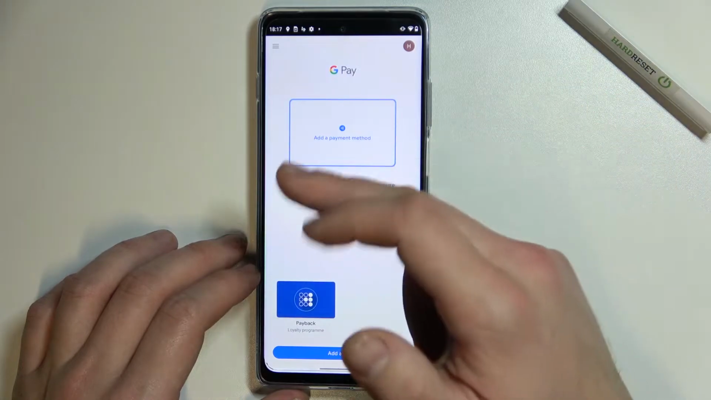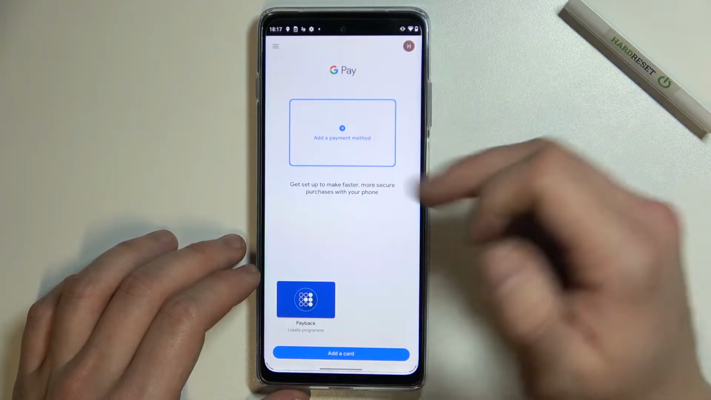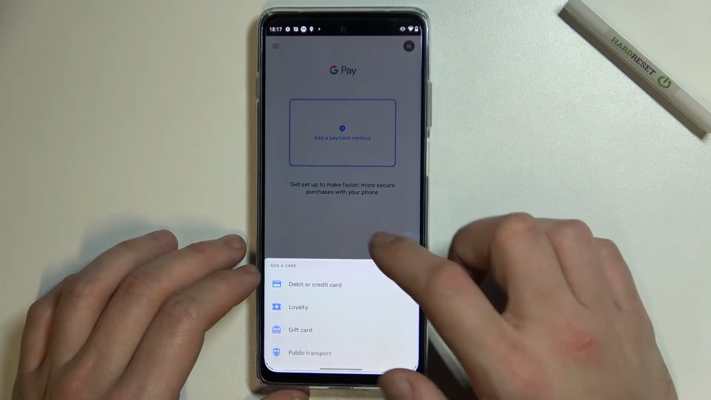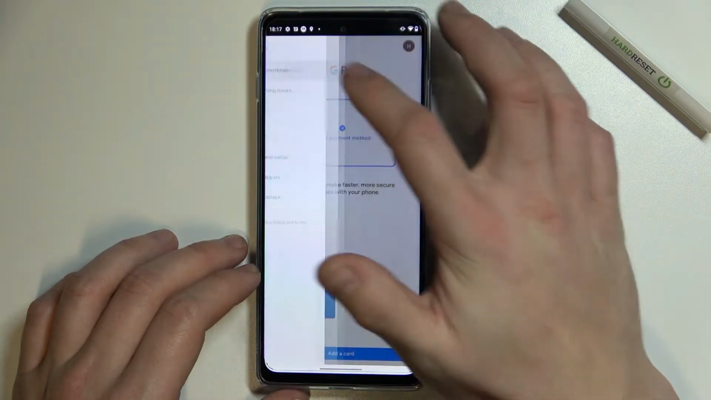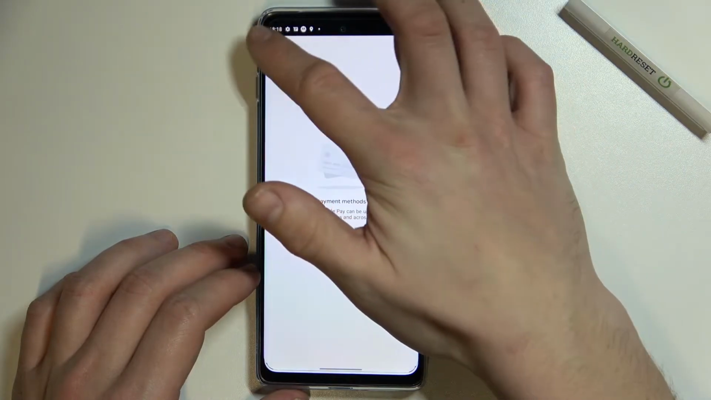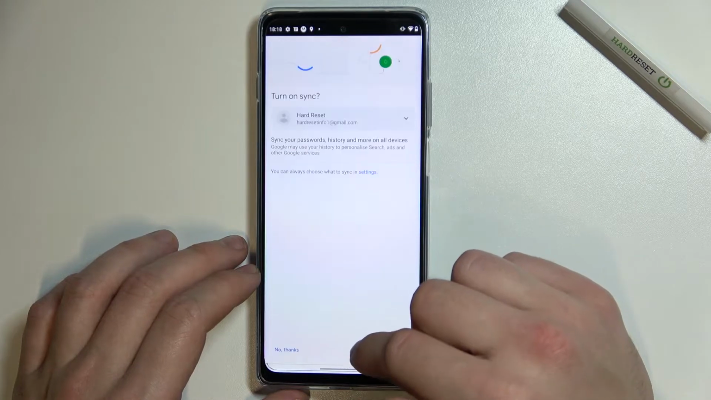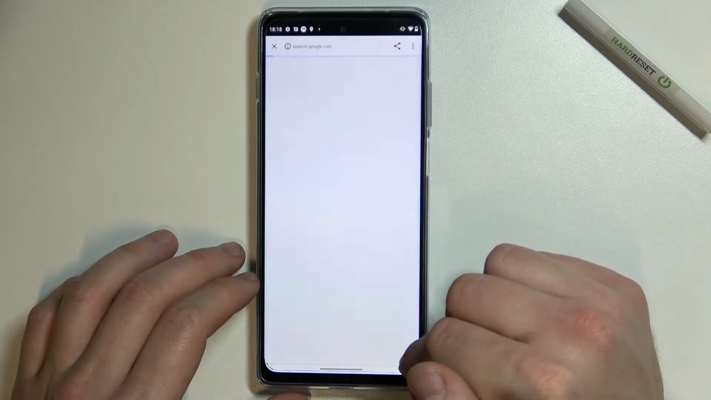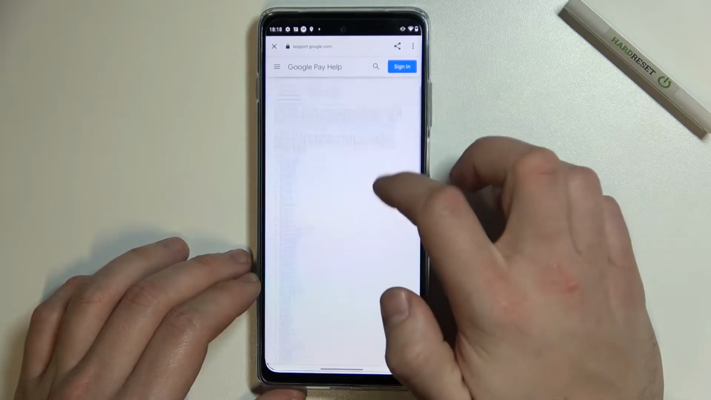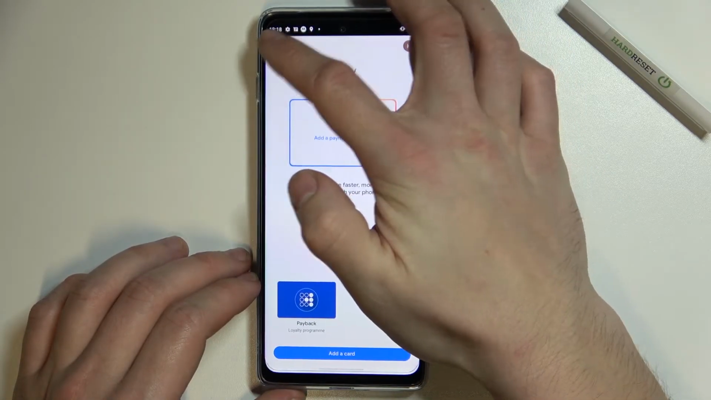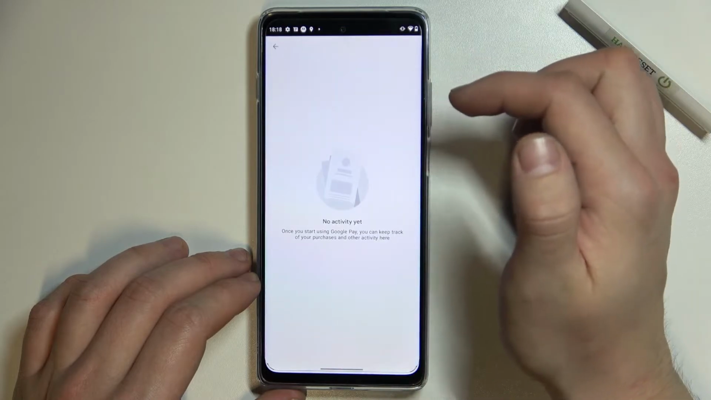Now, as you can see, this is the homepage of Google Pay, and from here you can add payment method, add different types of cards, manage all your payment methods, check list of participating banks, your full activity,